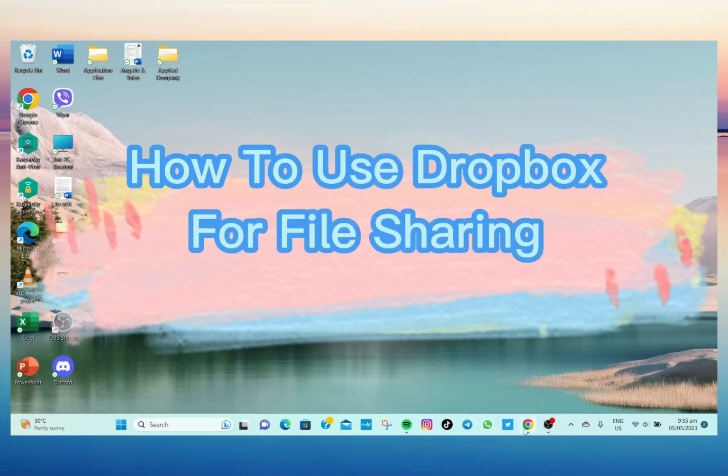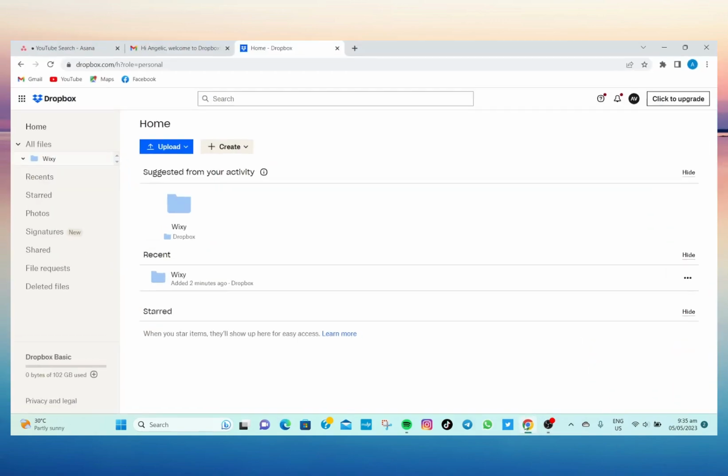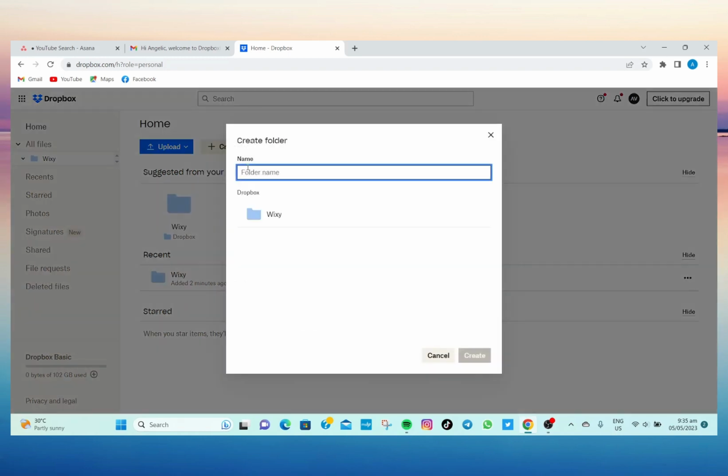So for today's video tutorial, I'll be teaching you how to use Dropbox for file sharing. So now let's go to my Dropbox account, and here I'm going to teach you first how to create a folder. So now let's tap on the create option and then go to folder, and then let's just name